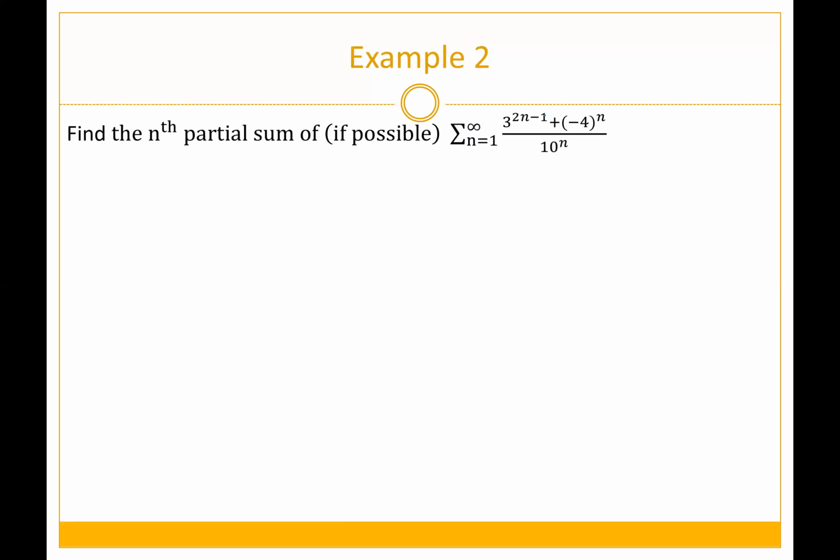So I'm going to think of splitting them into 2 different series, but for that, each of them has to be convergent. So you have (3^(2n-1) + (-4)^n) over 10^n, and I'm trying to split them into 2: 3^(2n-1) divided by 10^n, plus